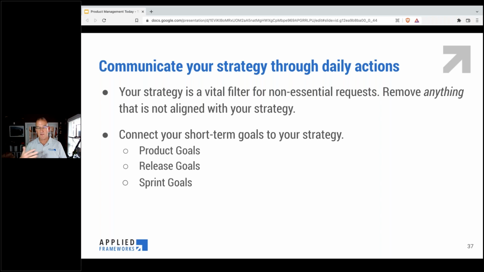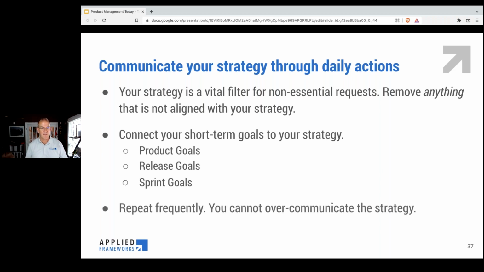And this could be applied to a whole lot of other frameworks. If you talk in terms of iterations, the same concept applies. What's your goal for this iteration? How does that connect to the strategy? It's not just the detailed work that you're doing, but why that work is so valuable. That value statement allows you to then see how the connection exists with the strategy, and then talk about it.